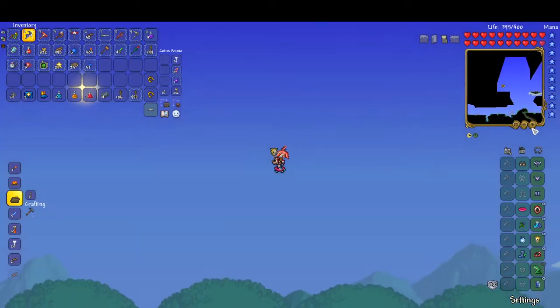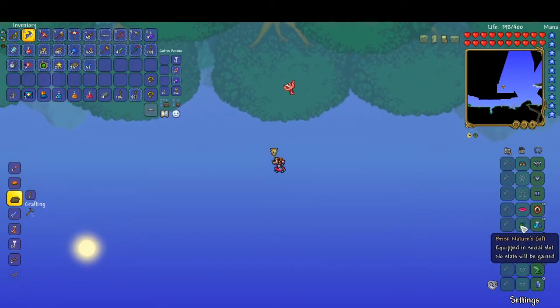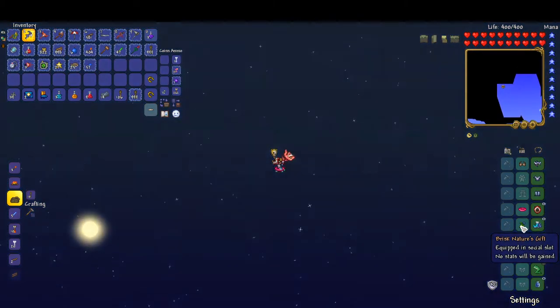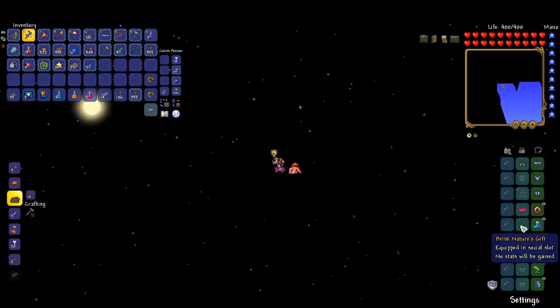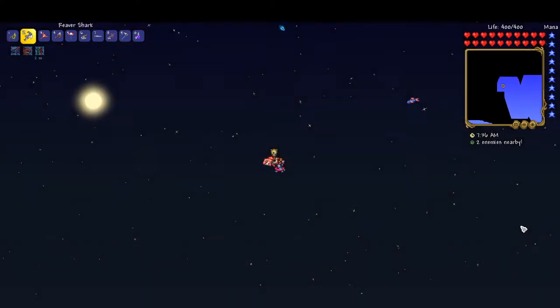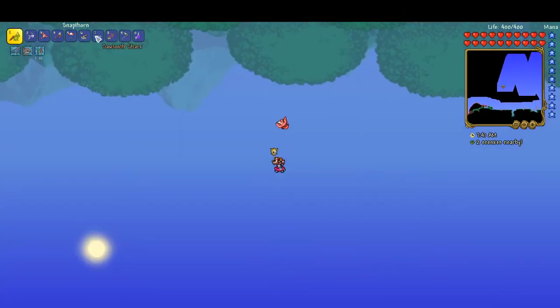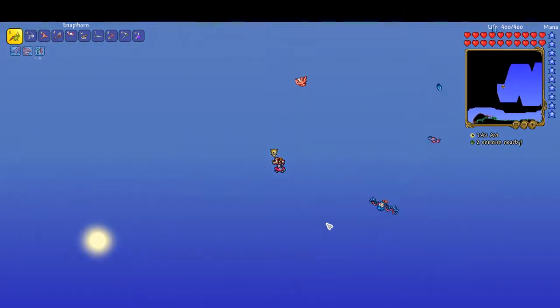We also want the Tinker's Workshop so we can make our Nature's Gift into a Mana Flower. So once we get the Imp Staff, we can start spamming projectiles that way. Now, I heard that they changed the Imp Staff a bit, that it no longer...